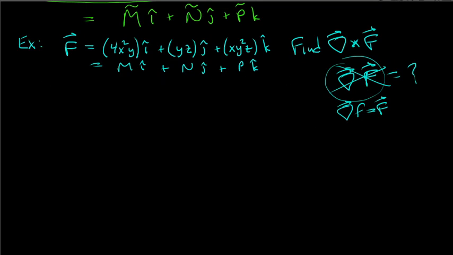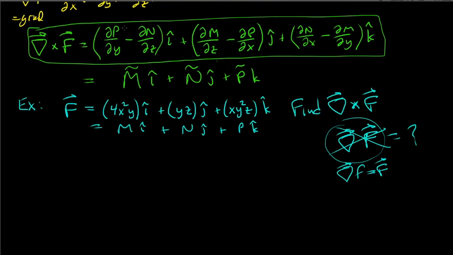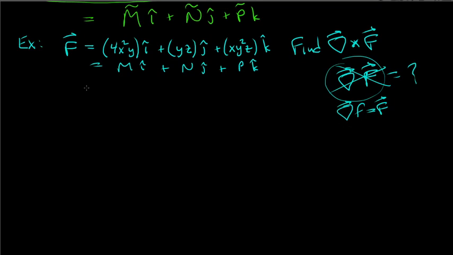All right, so let's calculate the curl here. Here's the formula for it. You can either think of it in terms of the determinant or all these partial derivatives. To be honest with you, I'm never going to remember this. I'm just not going to memorize this. You can if you want to, but it's on your formula sheet. I just go back to the determinant. So if I want to calculate the curl of F, or I'll just write it as del cross F,